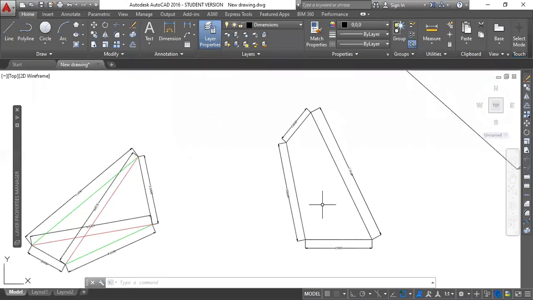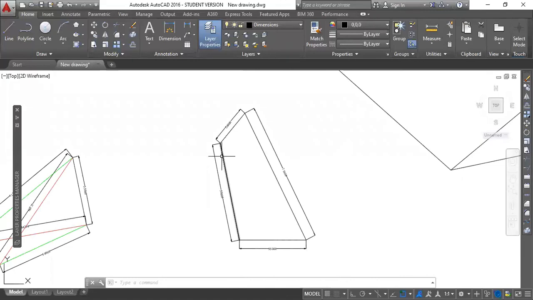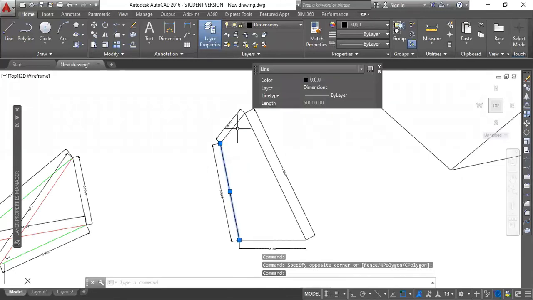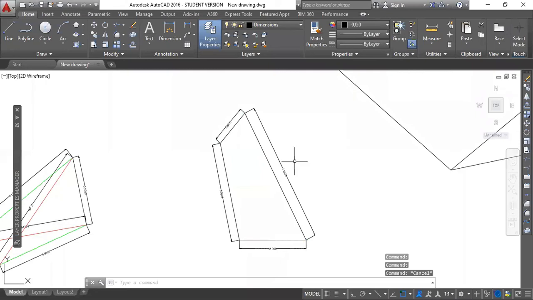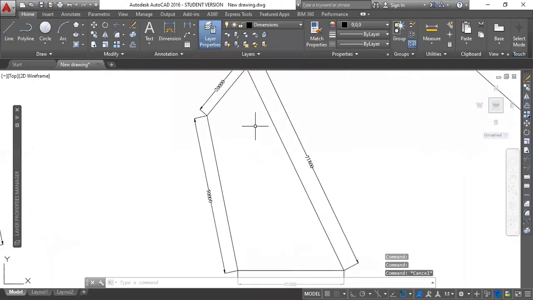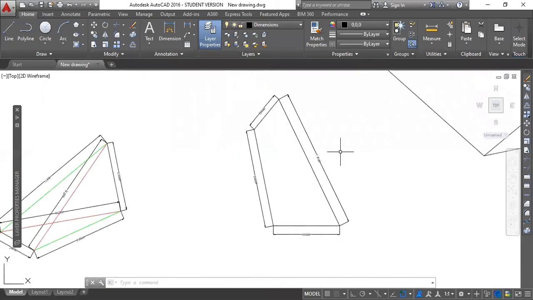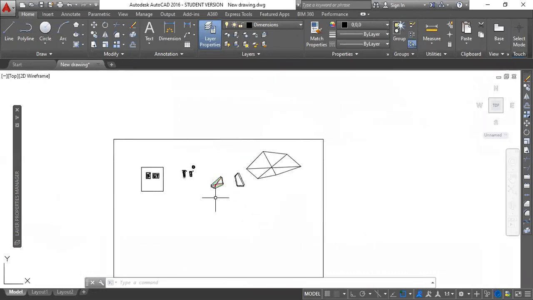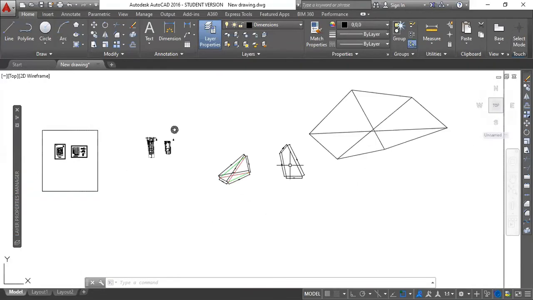So don't worry about orientations, because once you have got the perfect angles and the perfect side dimensions, you can easily start constructing or planning your house within this particular area by knowing the direction, because direction will give you the vastu and other things. When you're representing it on a sheet, you will be showing the site plan, and in that case you can rotate it. So don't worry about that. In this way you can easily draft any kind of site.